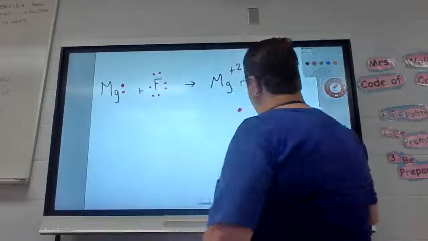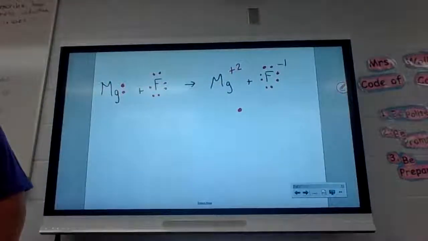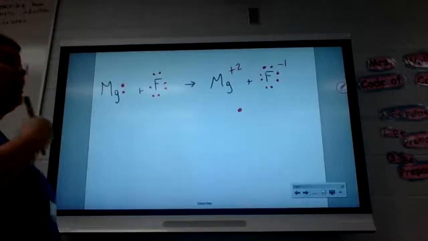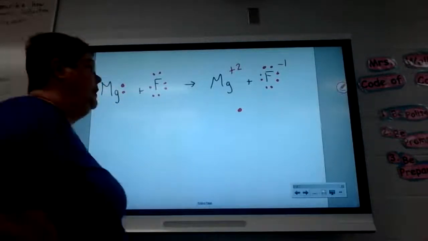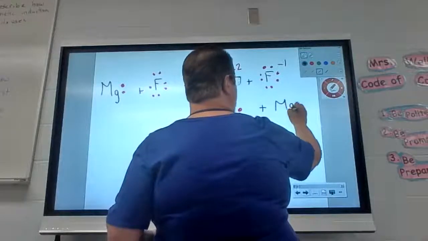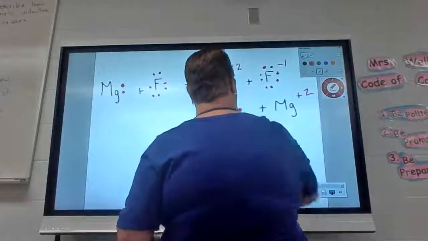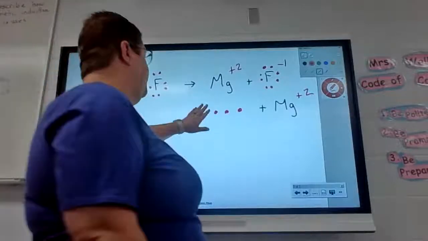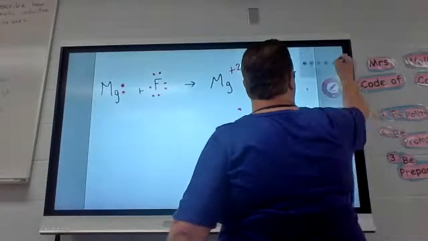So I got a homeless electron down here, right? It cannot be homeless. You have to add something to the products to give it a home. Now, we can either add another Mg or another F. If we add an Mg, it's going to lose 2 more, and I have how many electrons? 3 homeless electrons. Does that benefit us? No. But if I add an F,